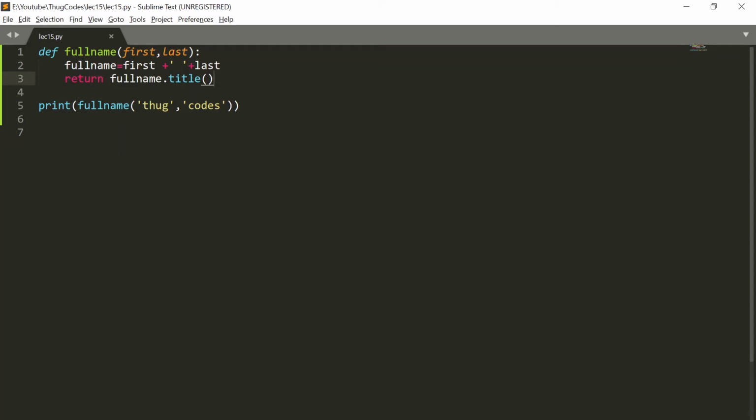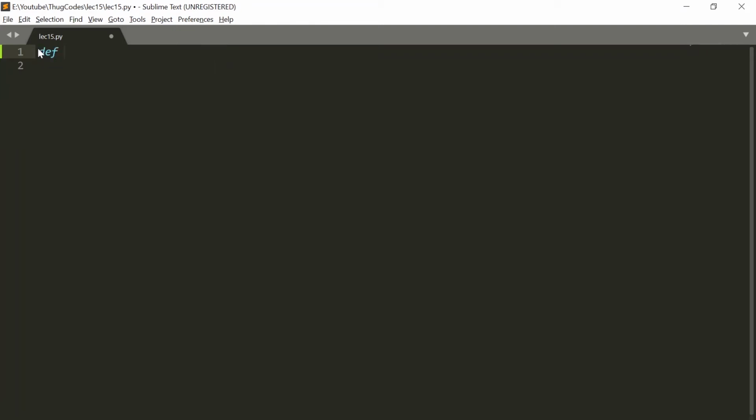So let's see how we can pass the dictionary into the function argument. Let's make another function. I'm just gonna remove this and make another function for dictionary. Dict_full_name. So again I'm gonna use the first and last name, which I will be storing into the dictionary in key value pair. So I'm gonna make the dictionary by using again full_name